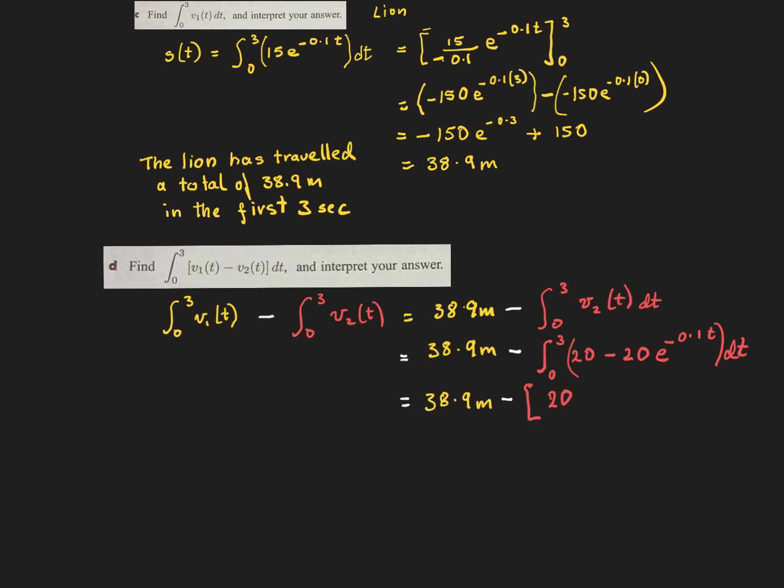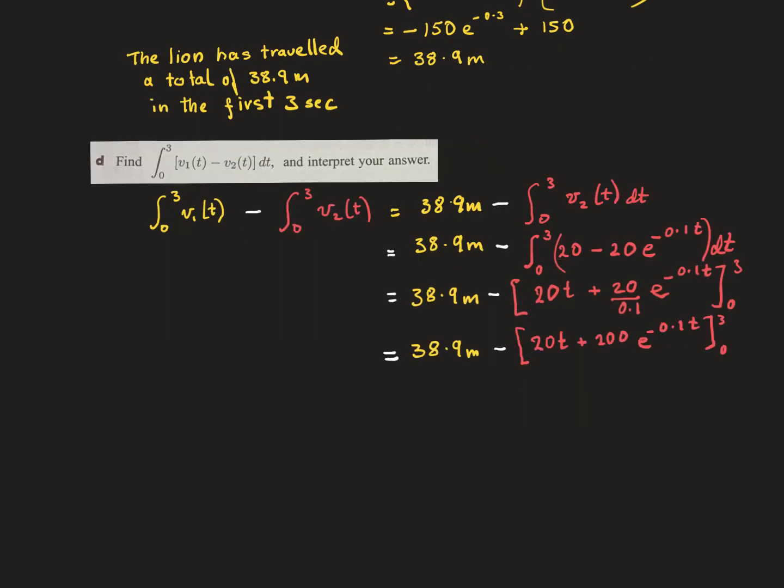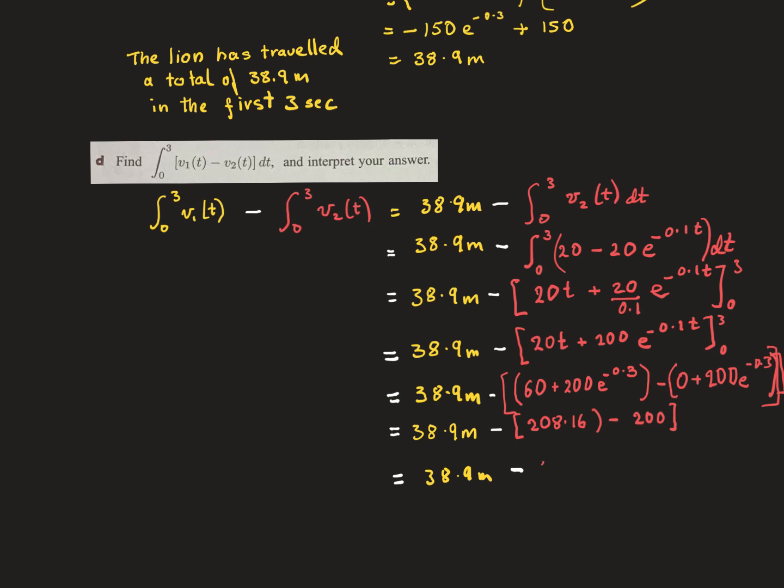That will be 20 t. Minus and minus makes it a positive 20 over 0.1, and rewrite the minus 0.1 t from 0 to 3. And one more time, now just substituting the 3 and the 0 in here. And I've just been working it out so that we don't waste time. So we'll have 38.9 for the lion. That's the distance. And the distance that the zebra has made is here is 8.2